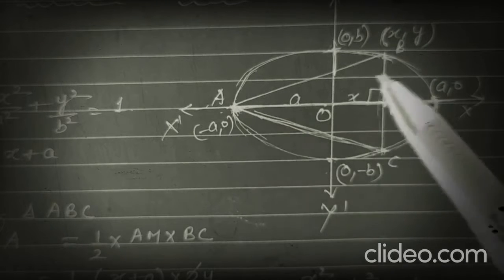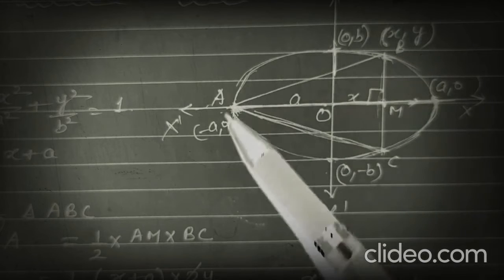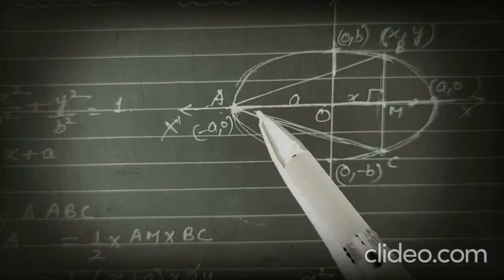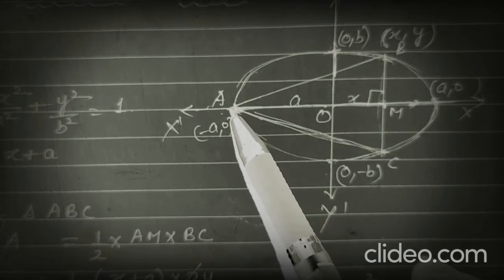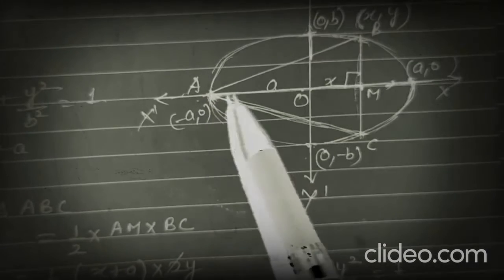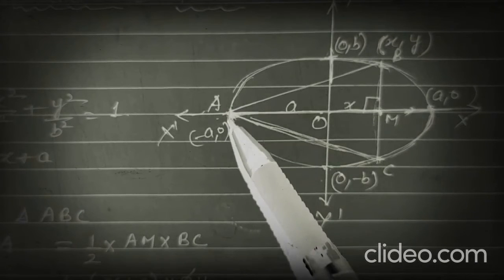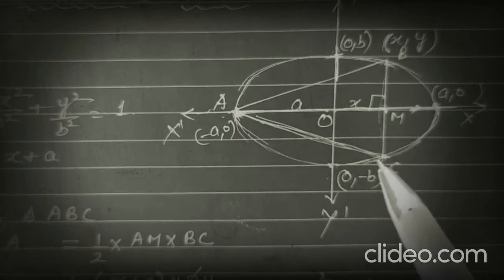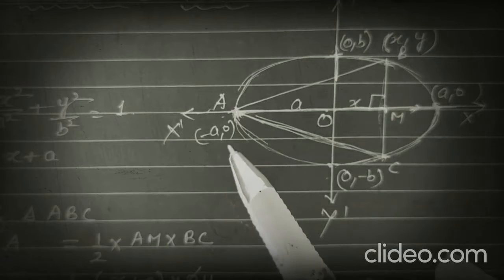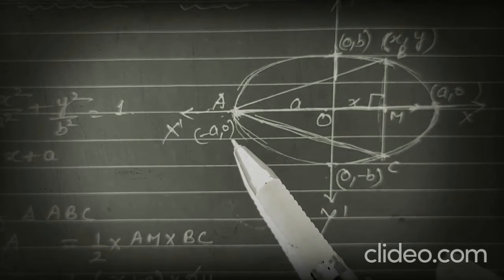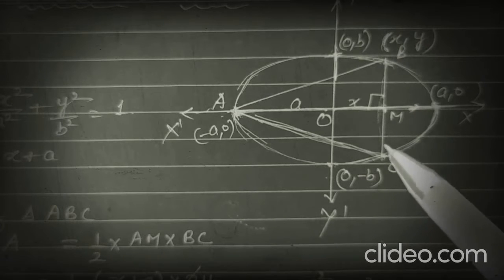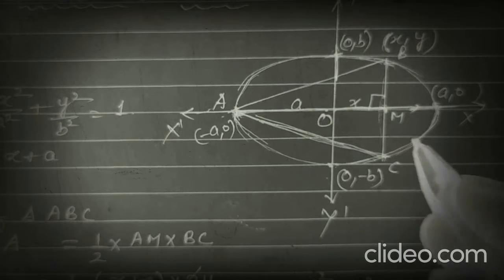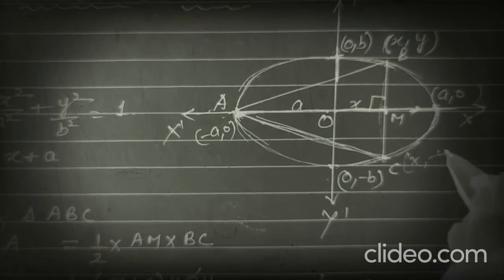which is inscribed in this ellipse, and this is the isosceles triangle with one vertex at the end of the major axis. So this is the major axis and this is one end of it. So one vertex of the isosceles triangle is this, minus a, 0. One vertex is (minus a, 0). Suppose this point is (x, y). This point is (x, y) and this will be (x, minus y). This point C will be (x, minus y).